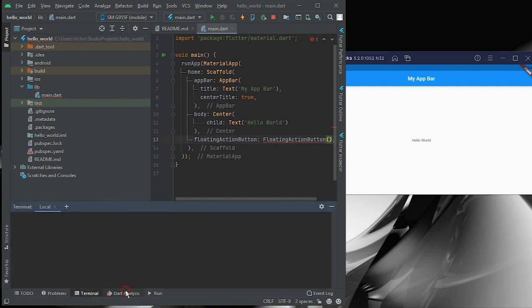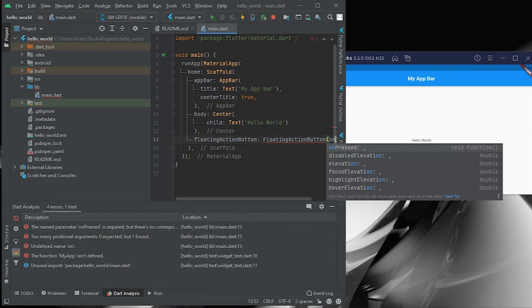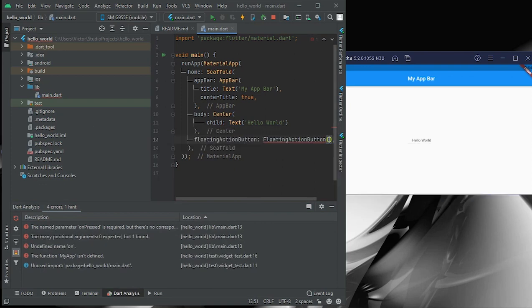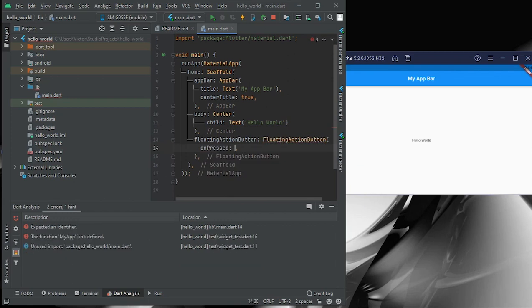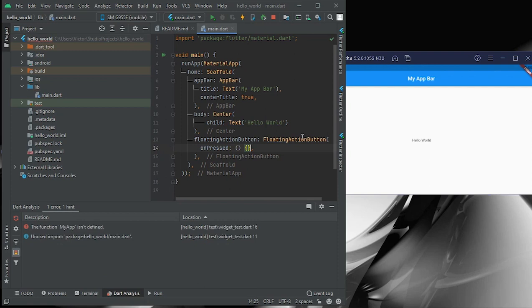Nope, sorry. On press is required. Oh, so yeah, on press. Let me move this to the next line. The on press property is actually required, and here we will have a function.